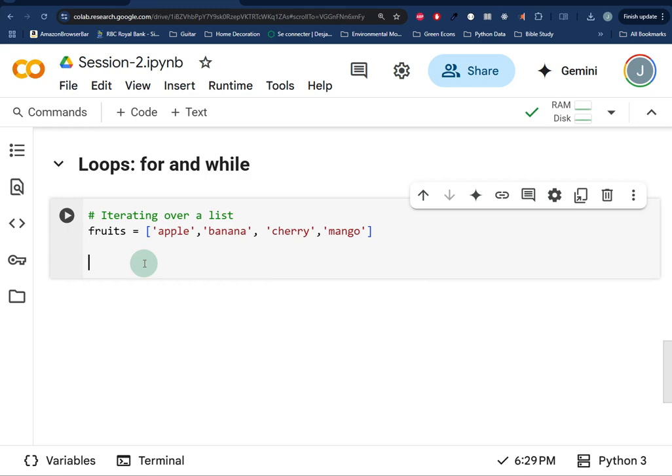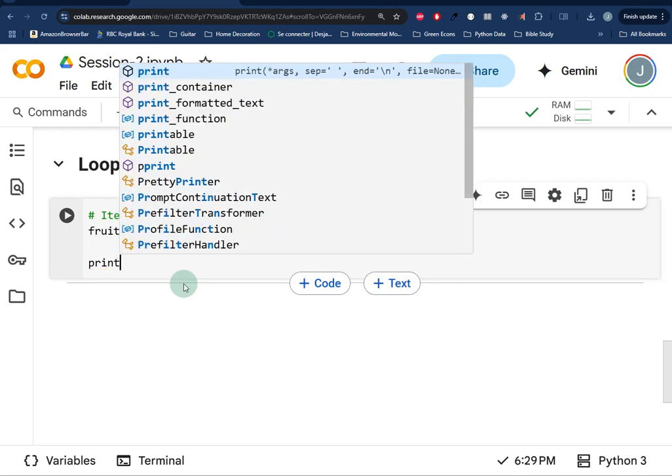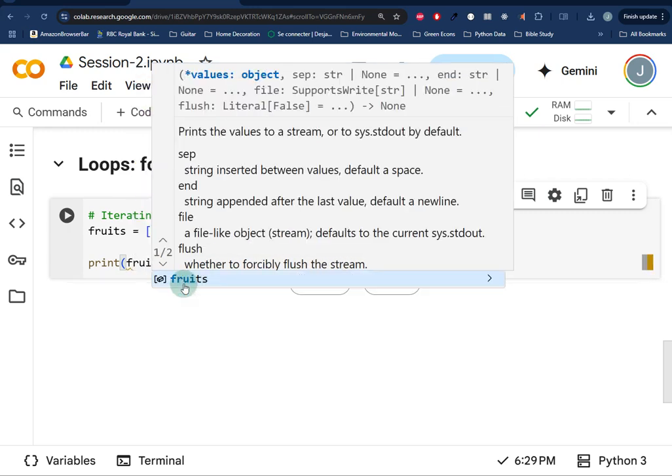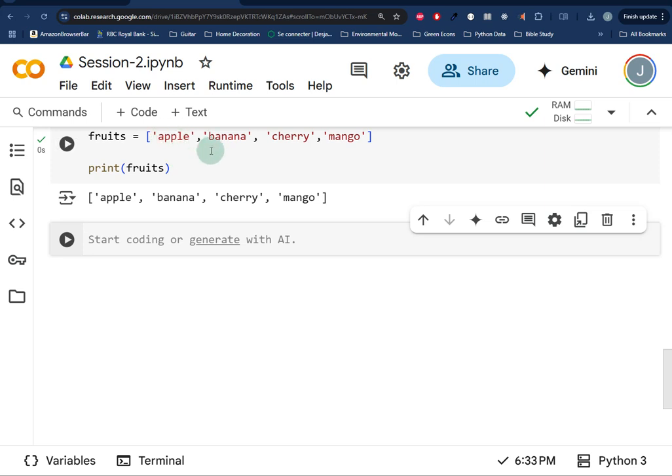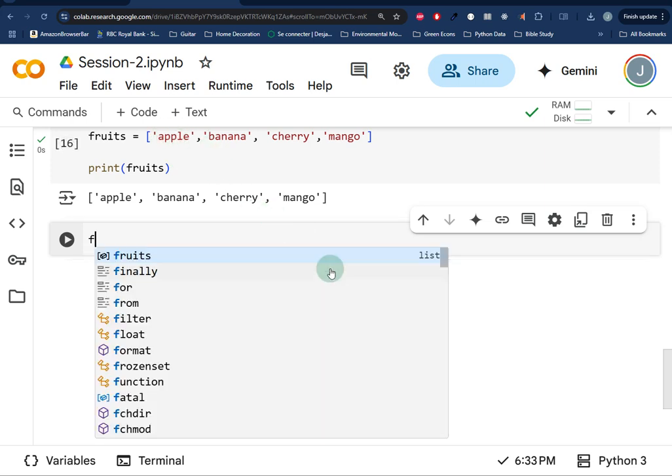Now we want to use a for loop to iterate, because if you just do print, so think about it, you do print here and you put fruits, this is what you get. You don't want that. You want to be able to print each of them. You want to go through it and pick them one by one. So if you use a for loop,